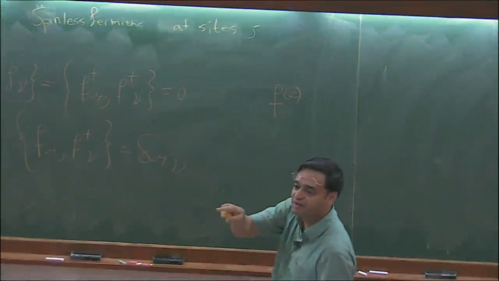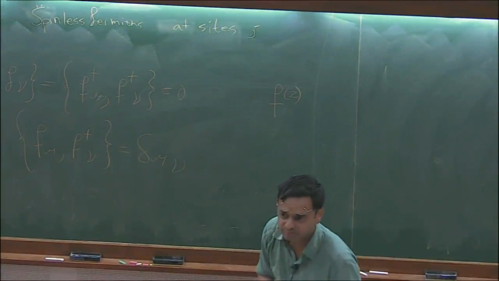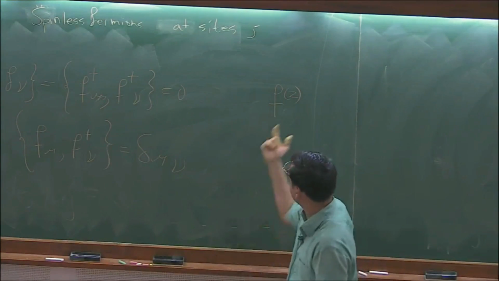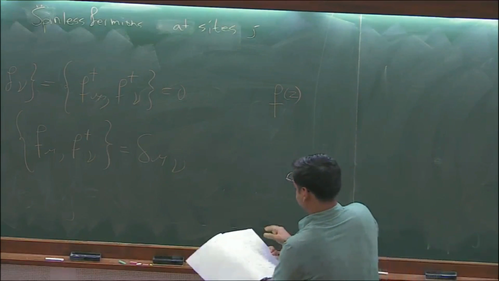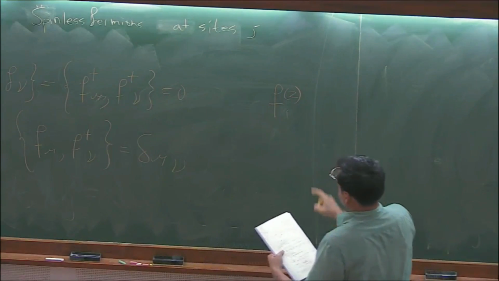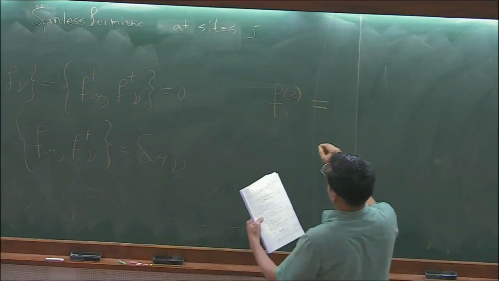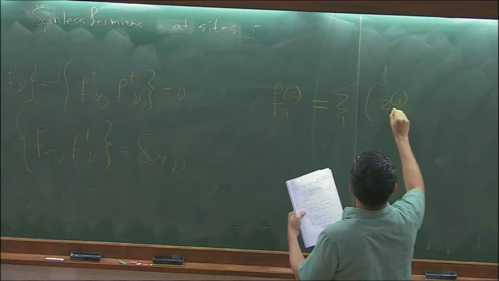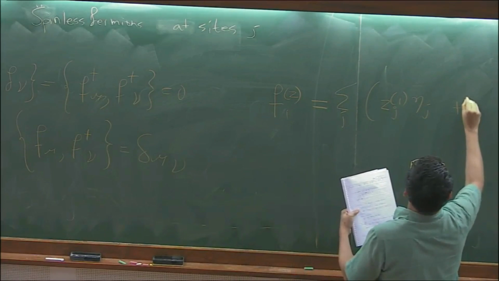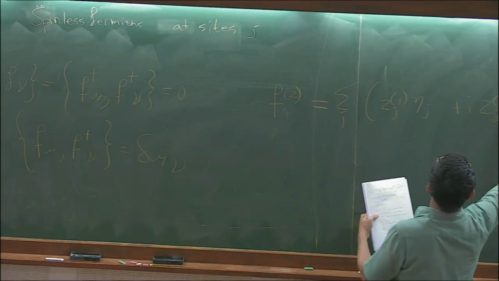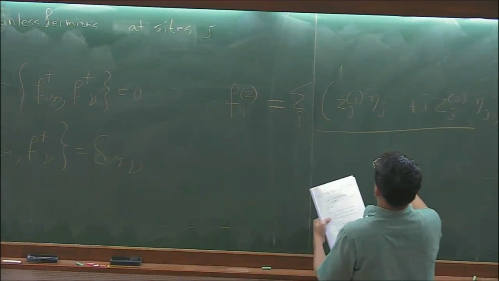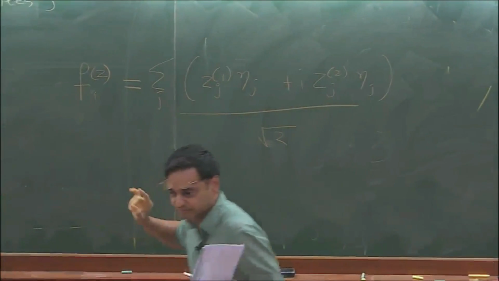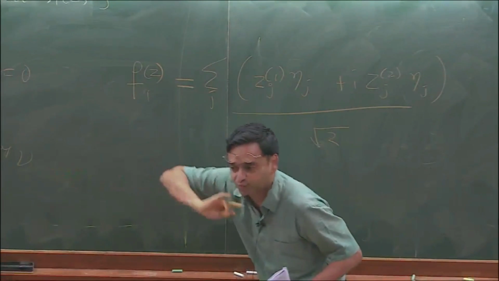Remember, the wave functions of zero modes have to be real. So there's no imaginary part. But you take one of those wave functions plus i times the other one to make this pair. So write it like this. If there's only one pair of zero modes, then there's a unique extra fermion you can define, which is the sum over j of the first zero mode of the pair plus i times the second zero mode of the pair. And you can check that this will also anti-commute with all the other ones, and with itself it will have this anti-commutation.